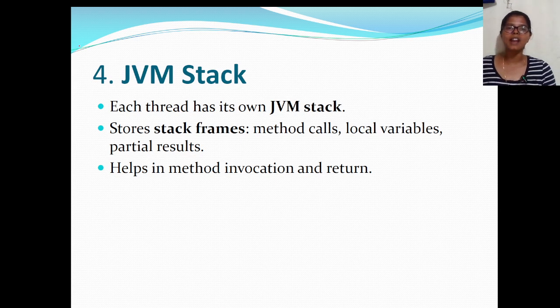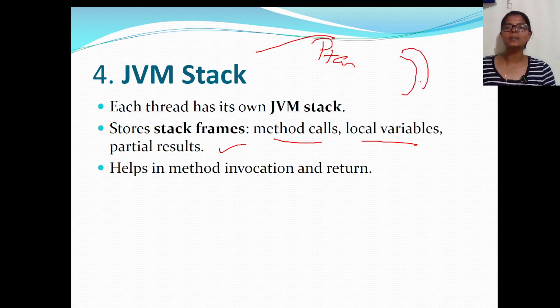Next, JVM stack, simply we can call it stack memory, holds partial or temporary data, where it stores the local variables, partial results, or method calls. Method call means when you call that method, at that time only that method will be executed. Otherwise, later you cannot see that output, right? All methods provide the output when they are called. That is called temporary data, and local variables also exist only until that method is available.